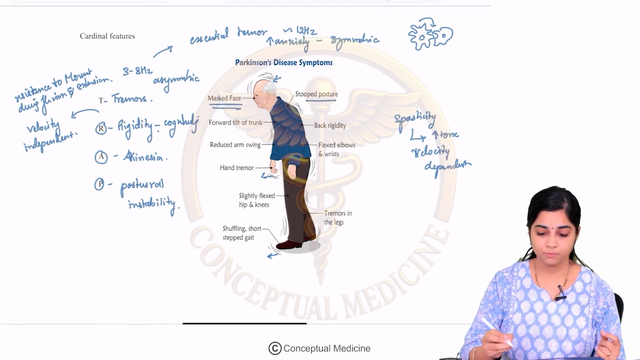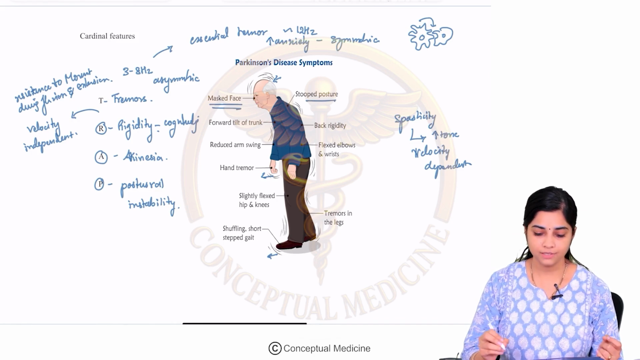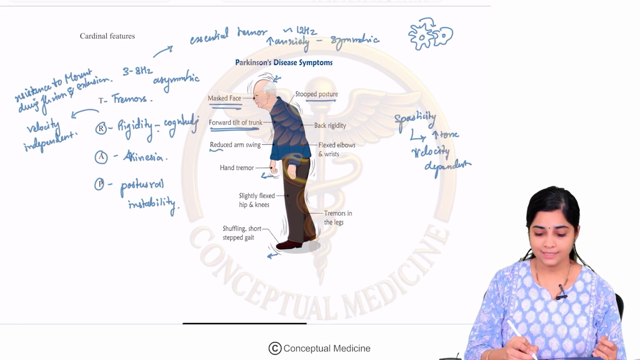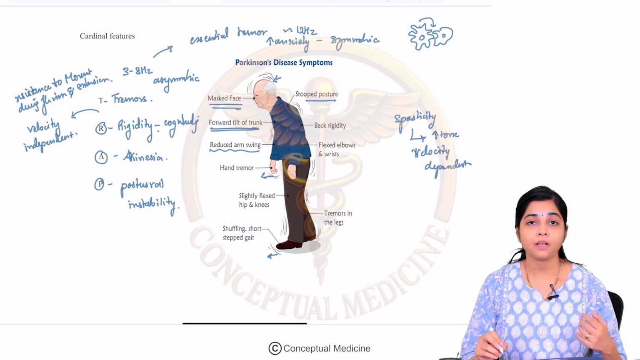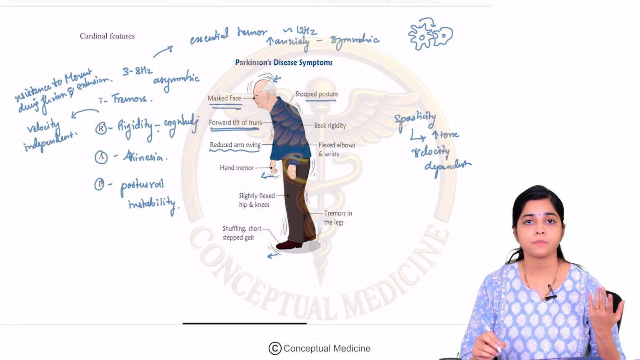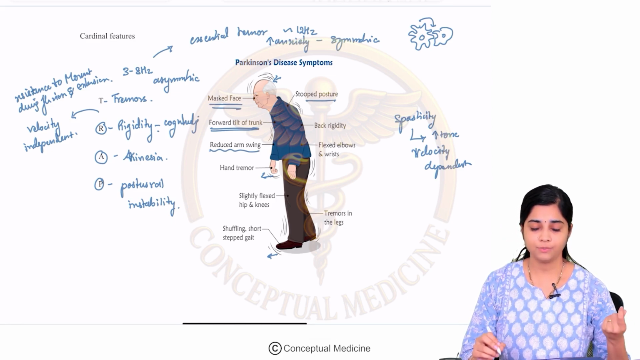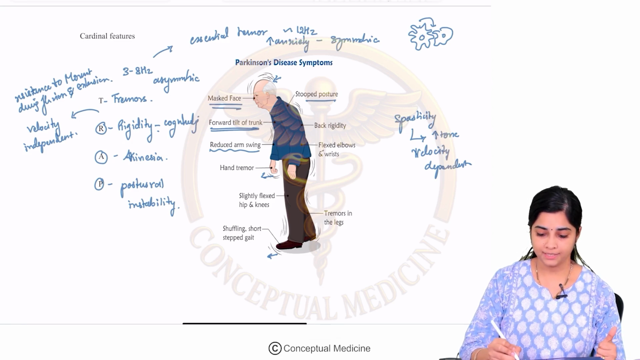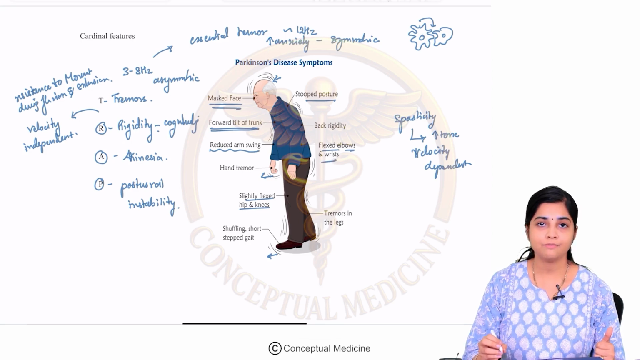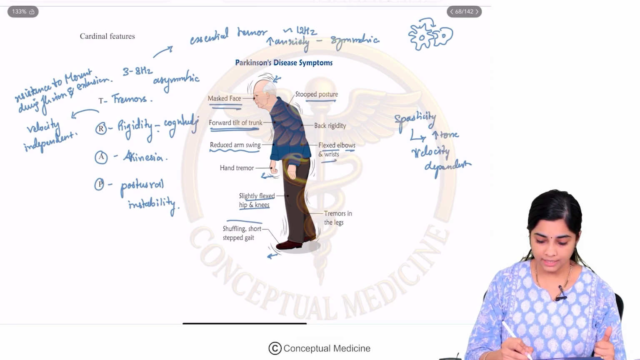They have a stooped posture, forward tilt of the trunk, and there is a reduced arm swing. Arm swing when you are walking is basically a function of the basal ganglia. So when there is degeneration, you will have reduced arm swing. There is flexion at the elbows and wrists, slightly flexed hips and knees, and very important, the gait which they